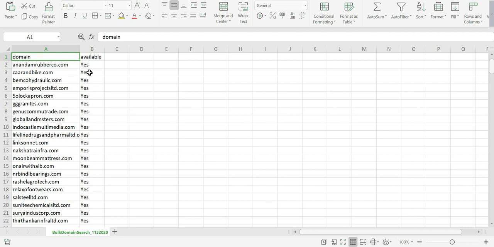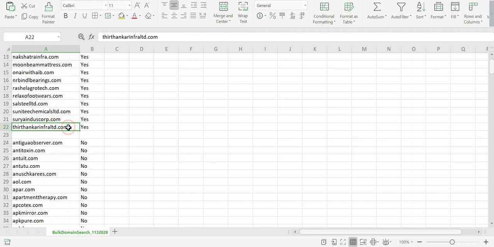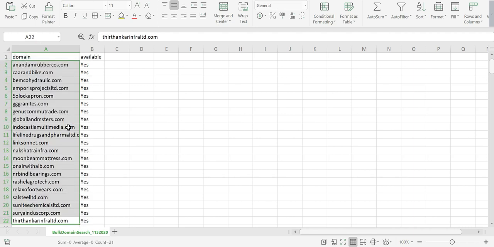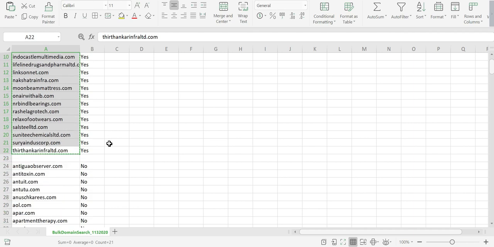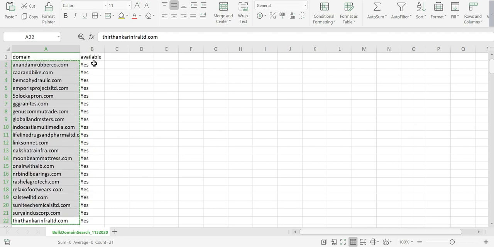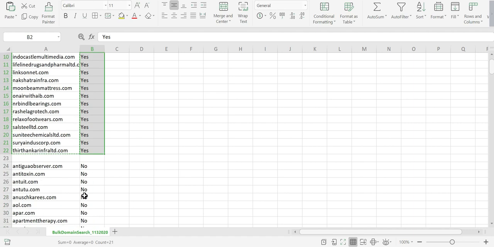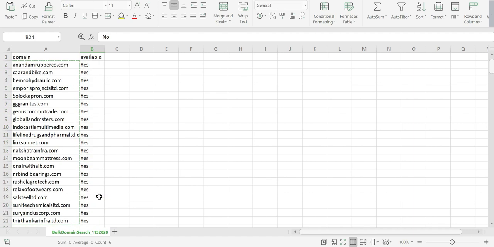It is going to help you this way, it will segregate the sheet into yes or no. That means yes domains are available and no domains are not available to register. So we are only focusing on this list. So copy,